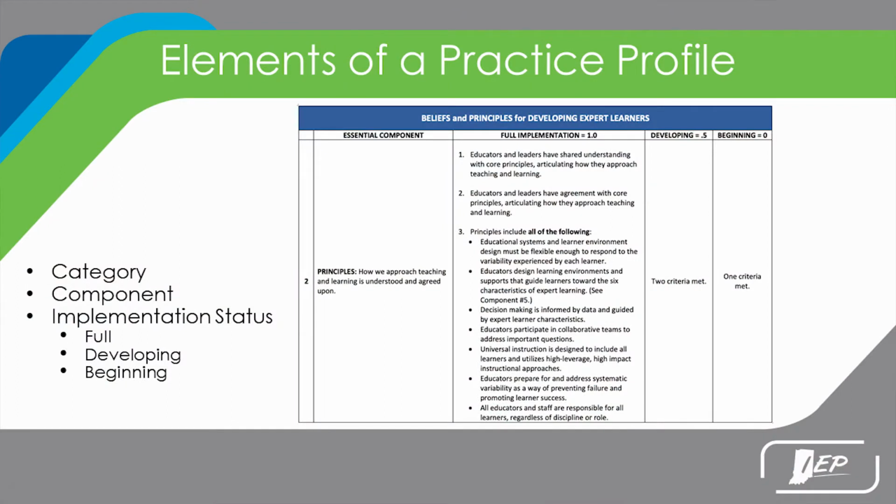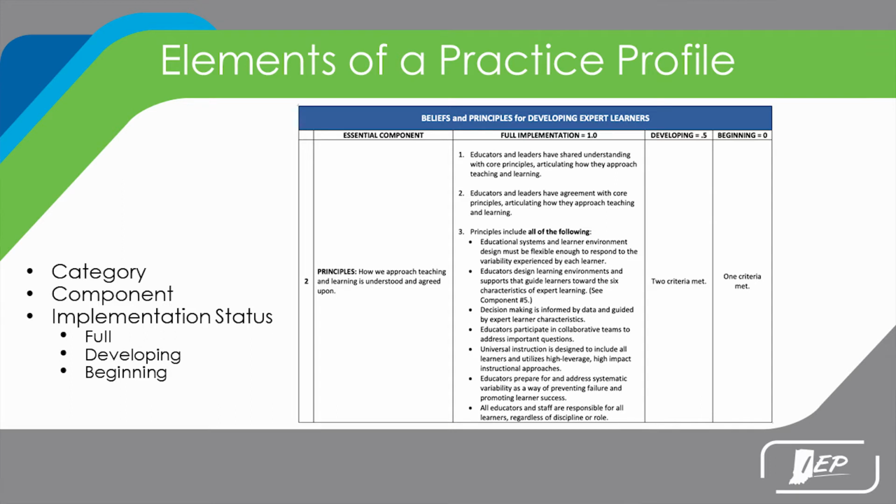So here it is. We're going to introduce to you now the practice profile. So what you have on your screen, just to briefly go through the organization of the tool: across the top in each of the sections, we would have a category name. What you see in front of you is beliefs and principles for developing expert learners. And in the left-hand column, we talk about the essential component. These were components that Michael and I came up with. There are 13 of them. And this was after, again, months of conversation and back and forth. But if you think about it, these are the overarching concepts. These are the big, big things